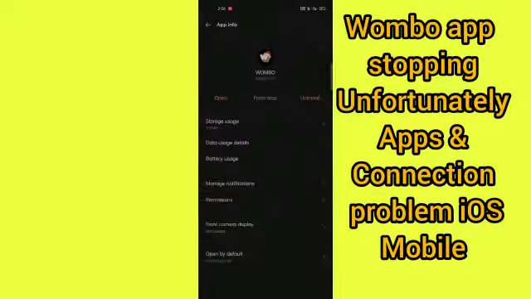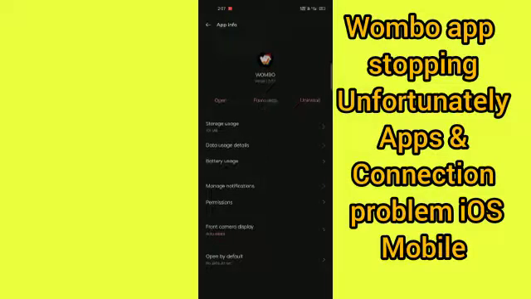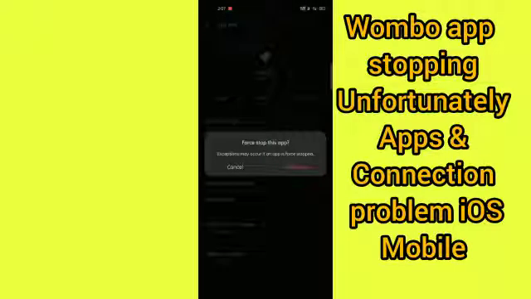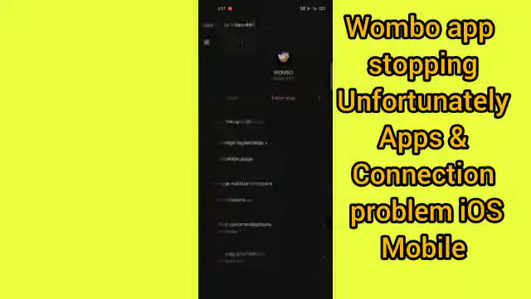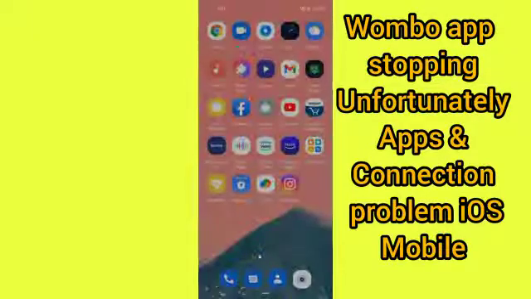So after doing this, if it is not working, you can go back once to your Wombo app, and after coming, if it is not working, then just come here once and click in this for stop. Okay, just click in this for stop. So after doing this, go back once